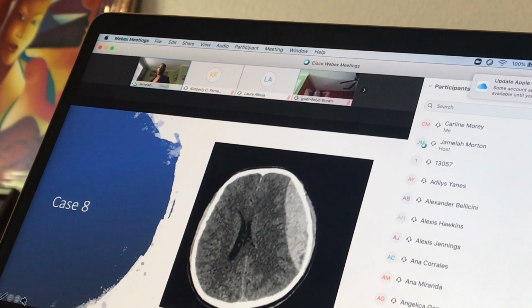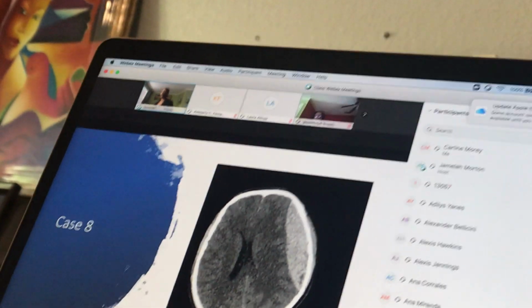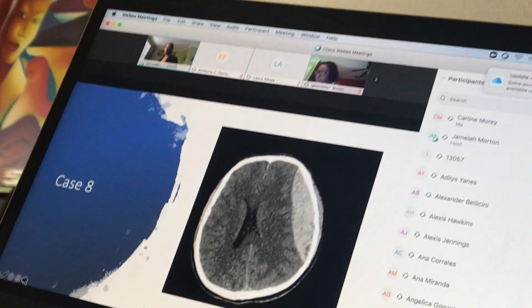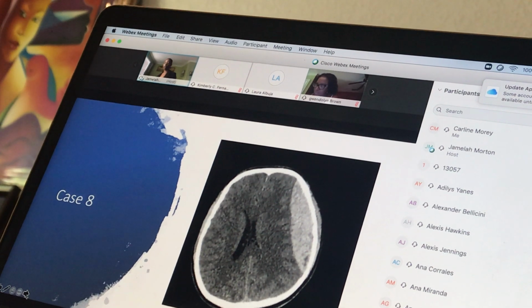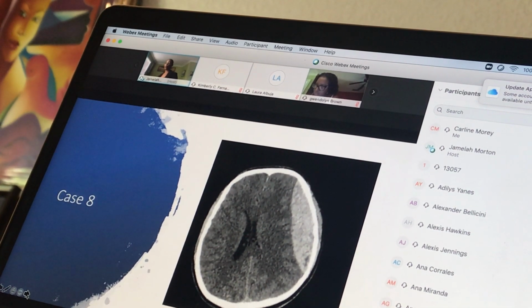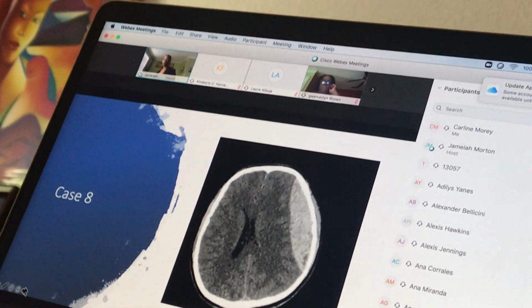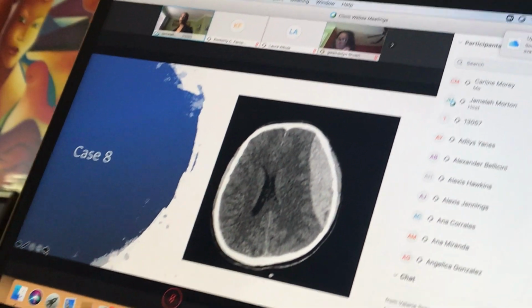This bleed right here is a convex type bleed. And judging from the appearance of how this patient was, this is likely an epidural hematoma. The key to discerning that is that lucid interval that he had. He crashed, and he was able to get up. He might have lost consciousness initially, then he was able to get up, walk a little bit, was awake when the witnesses saw him,